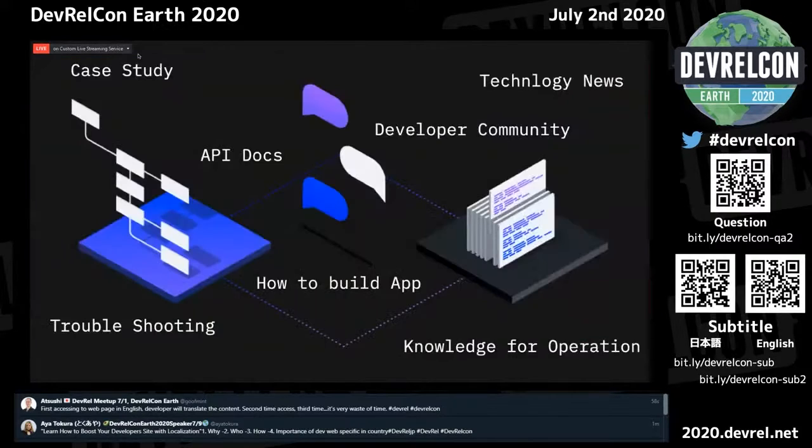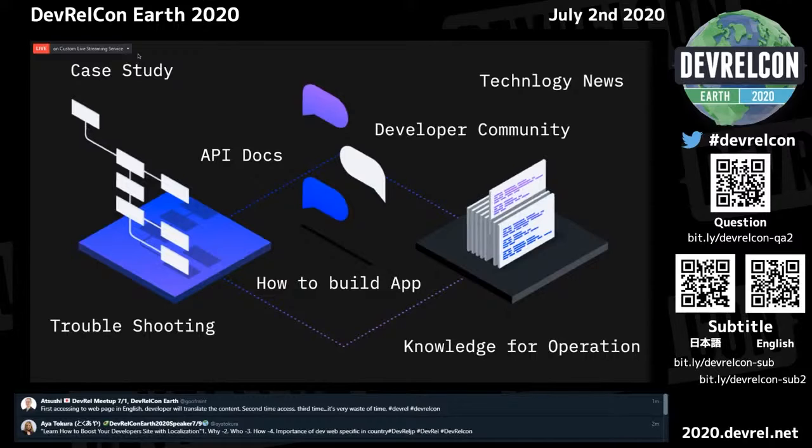Just for example, I think these contents are needed for local developers: troubleshooting, case studies, API documents, any kind of tutorials, how to build applications, knowledge for operation, developer communities, and technology news, what's new, right?